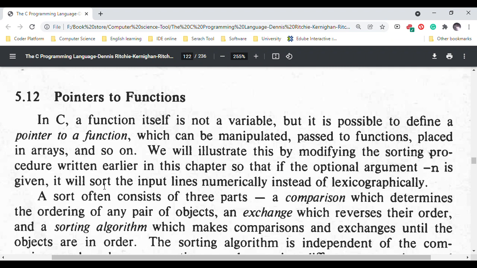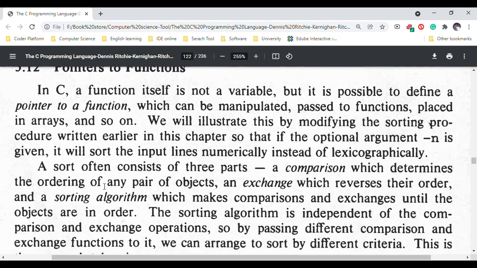5.12 Pointers to functions. In C, a function itself is not a variable, but it is possible to define a pointer to a function, which can be manipulated, passed to functions, placed in arrays, and so on. We will illustrate this by modifying the sorting program written earlier in this chapter so that if the optional argument -n is given, it will sort the input lines numerically instead of